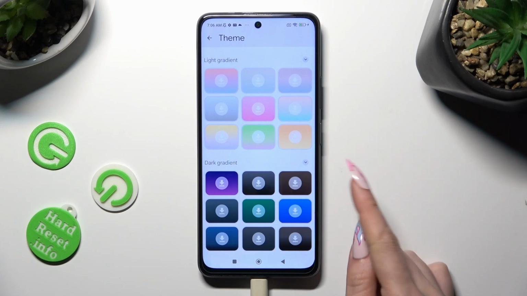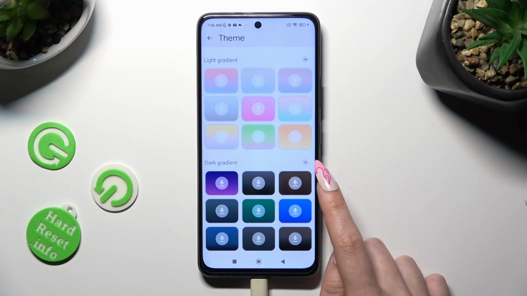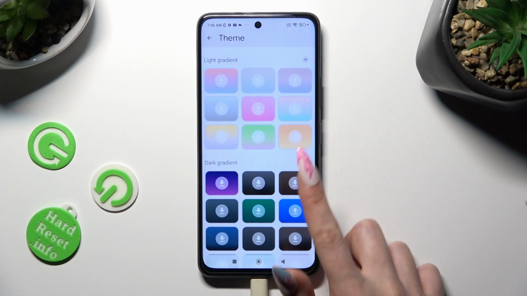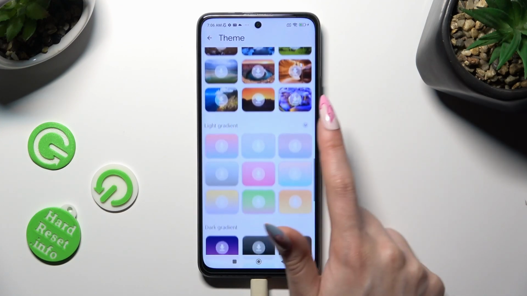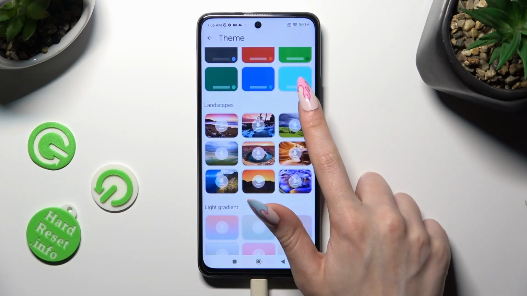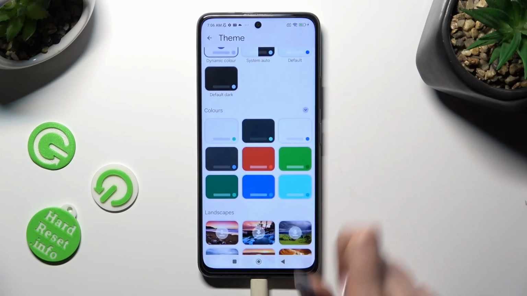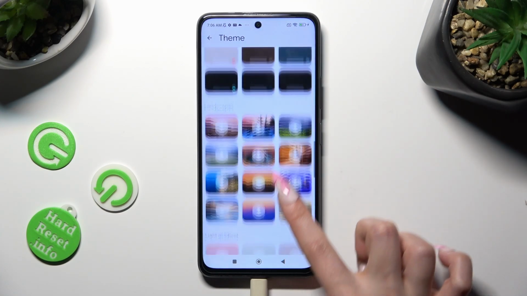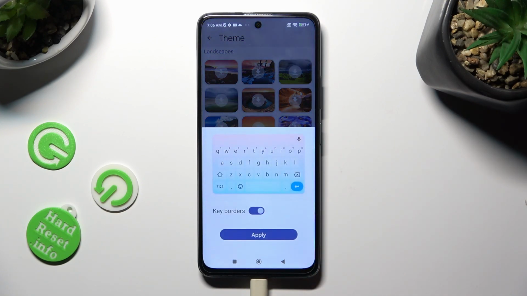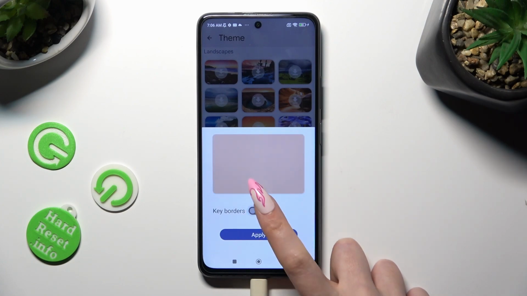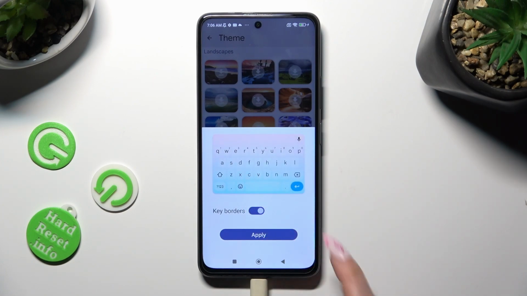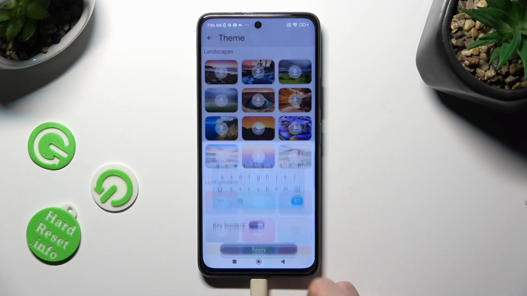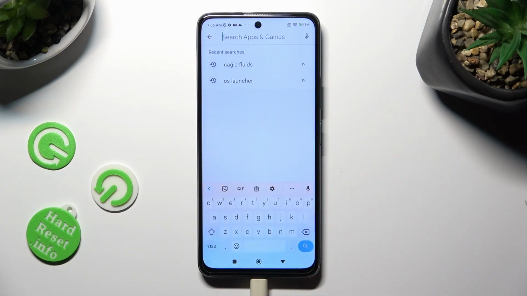Now you can click on those little icons at the top right corners to see all available themes. When you finish, click on the best one for you. Click on this switcher next to keyboards to manage them, and tap on Apply. So when I do that and go back, as you can see, theme of my keyboard